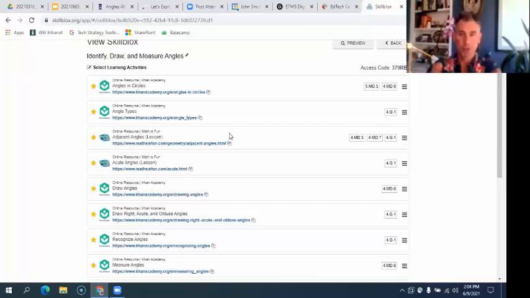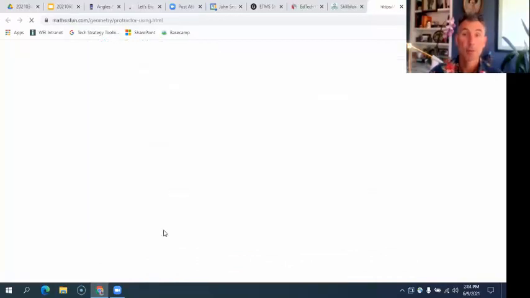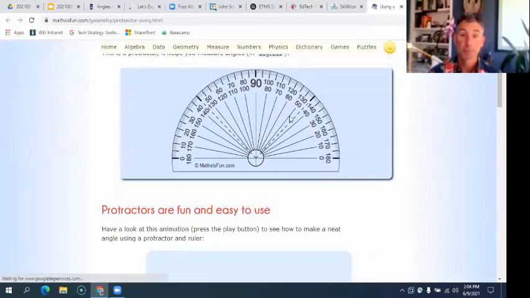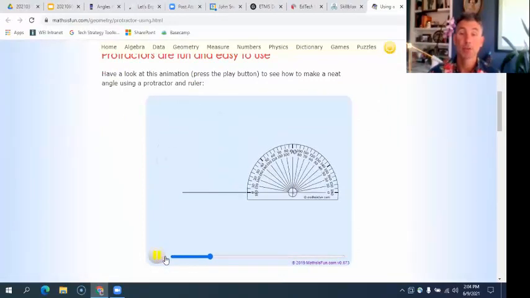You don't want to share this skill block with students, but you want to find a resource that you might use for an activity. I can, with any of these resources, say using a protractor, take a look at it. So this is a great activity that both has these animations that show how you use a protractor